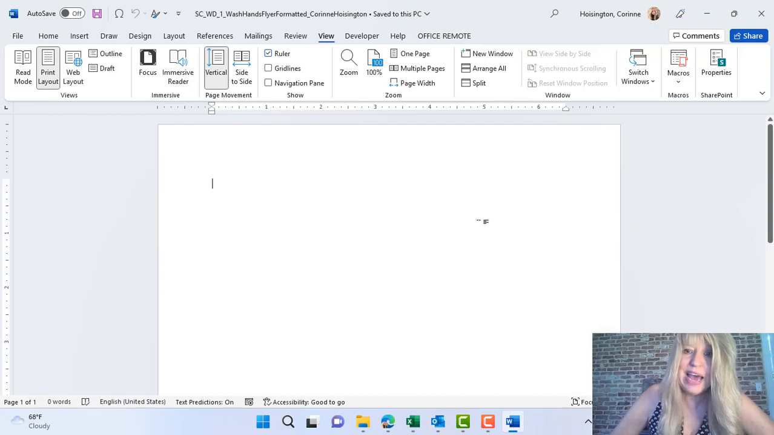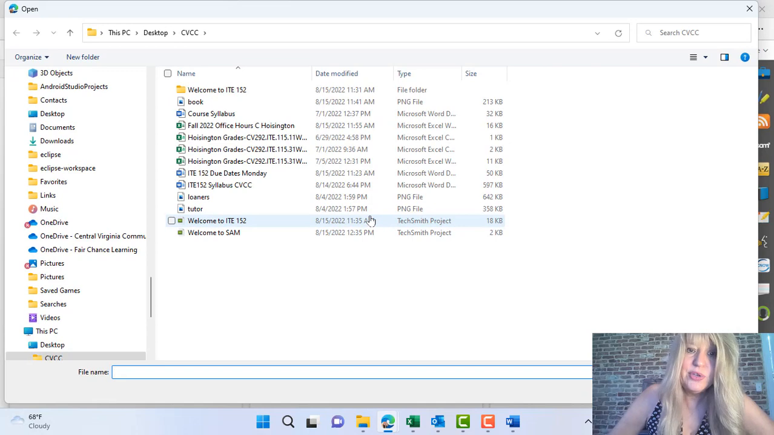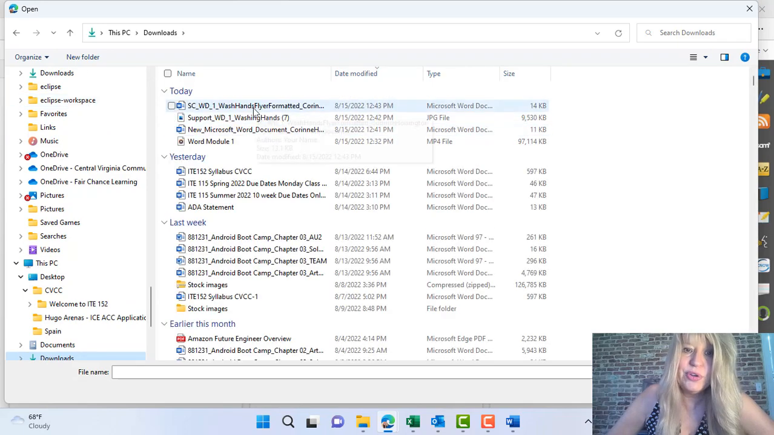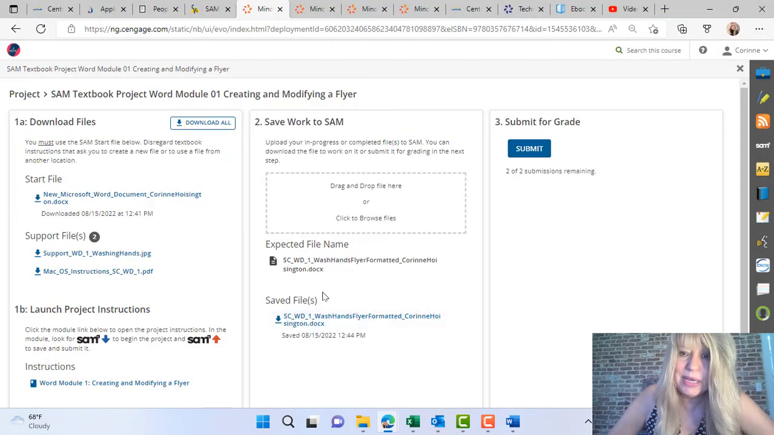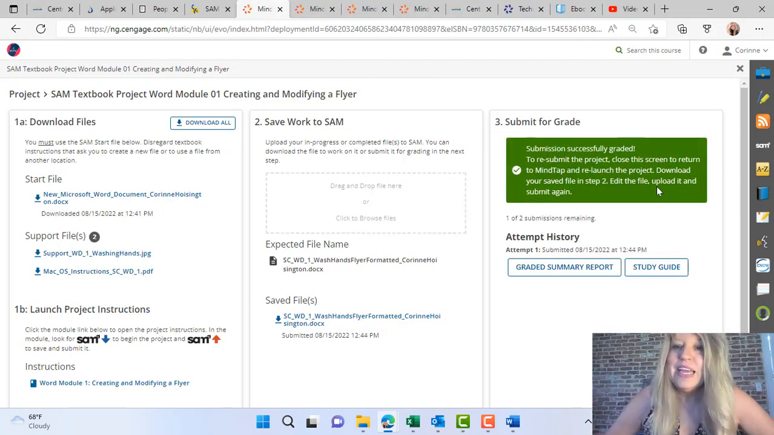So now that we have this file name saved, save it locally on your computer, and you are going to drag and drop or click to browse the files. So you're going to go find this file on your computer, maybe in the downloads folder, there it is, and you're going to submit it right here. You get 2 submissions. So the first time you submit it, it says you can go to your graded report,